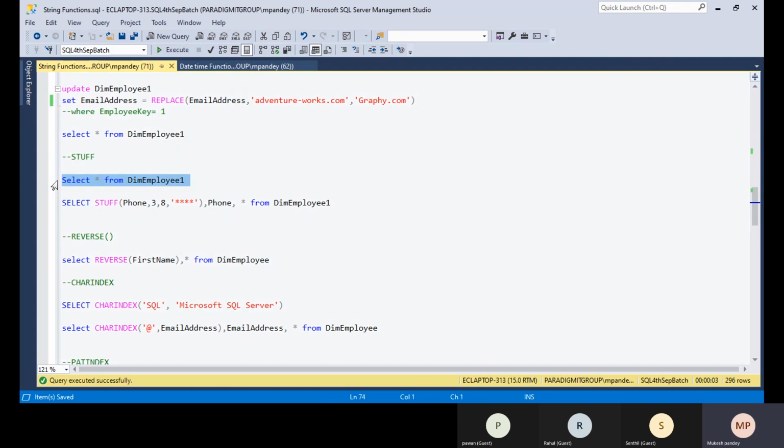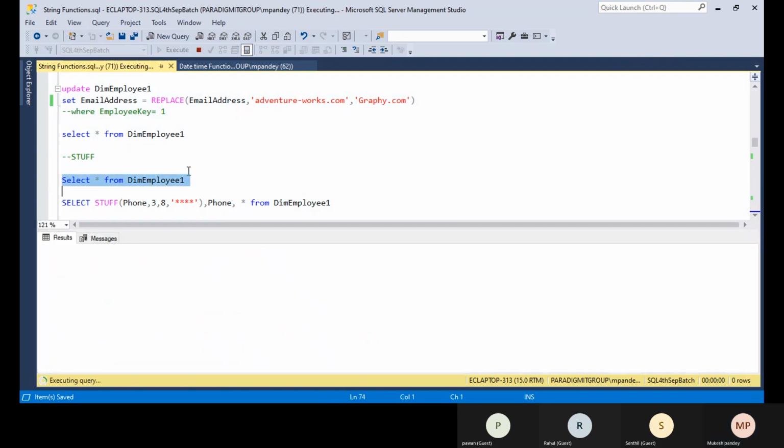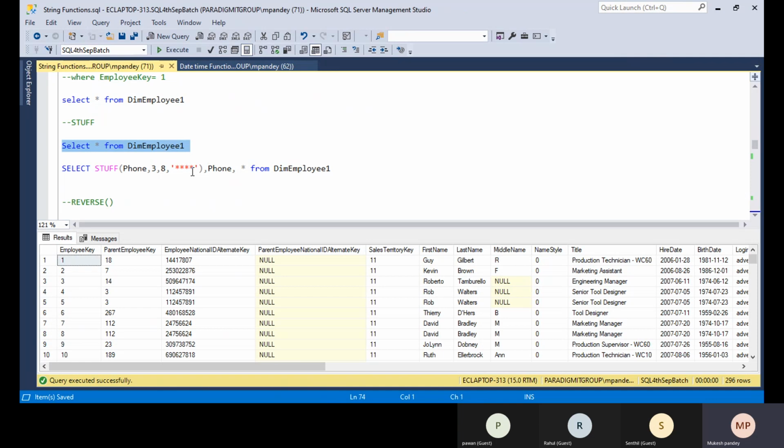So sometimes you see some of the values are hidden, like stars are coming to protect the value, like the email address, or confidential information no one can see, like the credit card number. A credit card number is a 10 or 12 digit number. You can see the starting 4 digits or ending 4 digits are showing, and whatever digits are in the middle show as crosses.